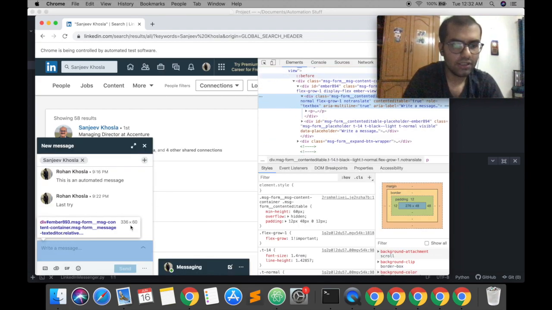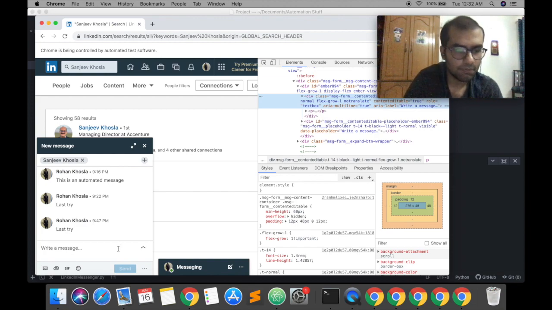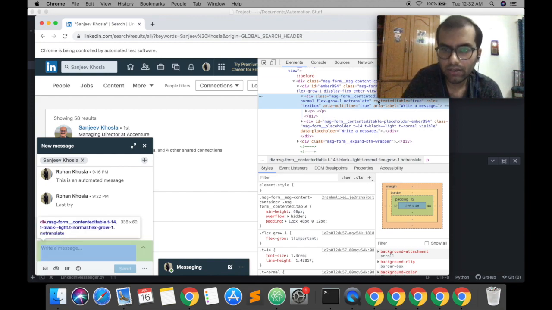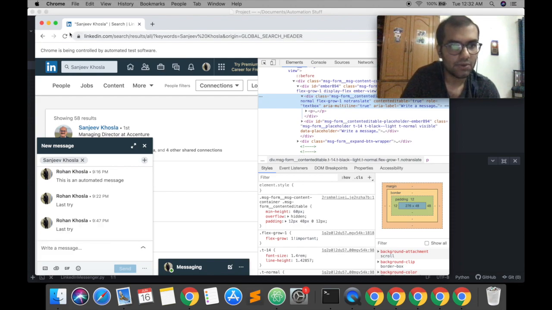So now over here things are getting a little tricky, because once this is opening we can't really find anything that we've used up till now as an identifier. So we see a div tag, and the only way we can identify this is that we see something called a role. So what we're going to do is use this role to our advantage, which has text box written to it, and we're going to select this and use the send keys method to send him a message.